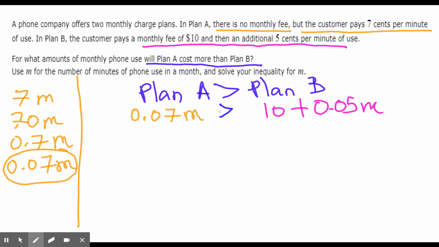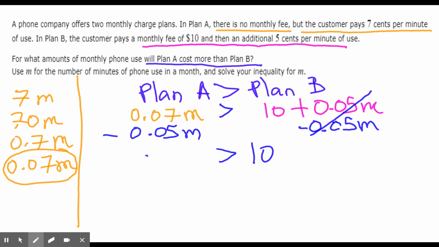Well, the bright side is I only have a constant number by itself on one side, so I just need to get my variables on one side. So I'm going to start by subtracting 5 cents per minute from both sides. Okay, and now I can, oh, I forgot my minute. There we go. And now we can divide both sides by 2 cents